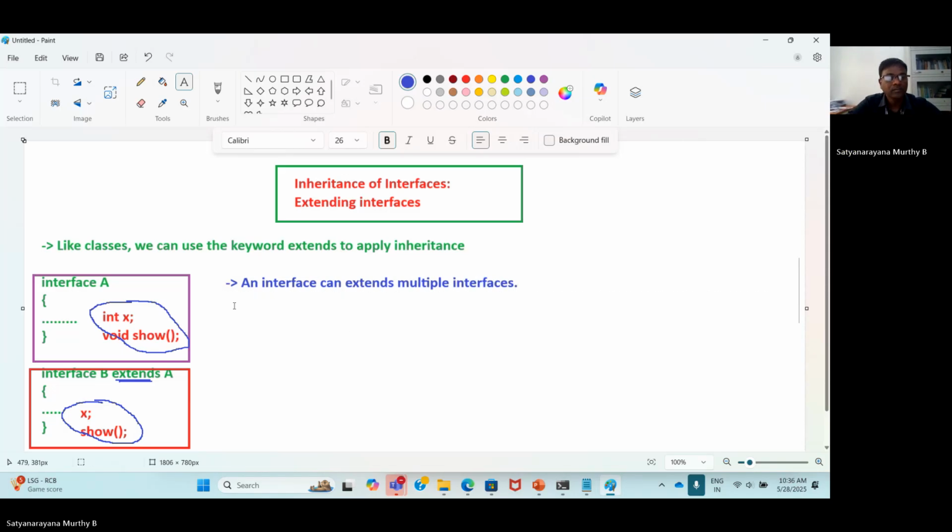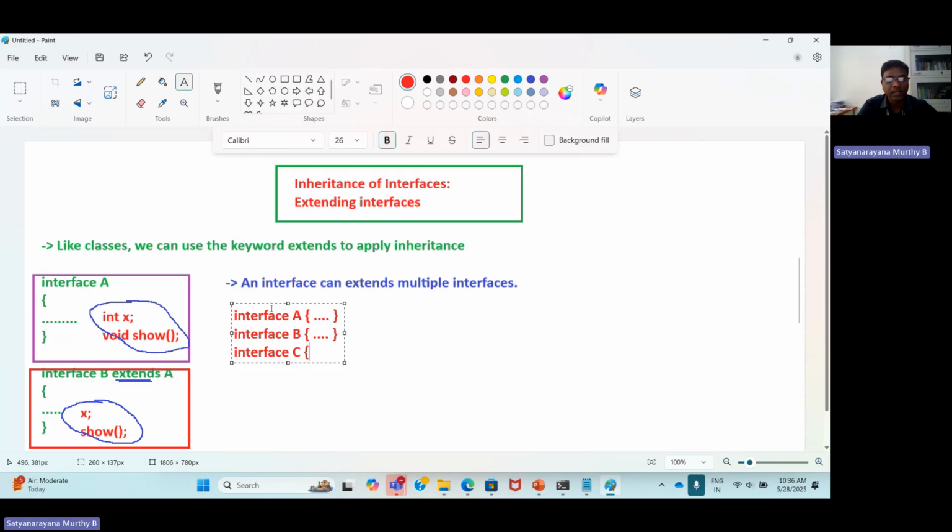So, for example, there is an interface A, which has its own body. Interface B is there, which has its own body. Interface C is there, which has its own body. Then there is an interface called D. Now this interface D extends